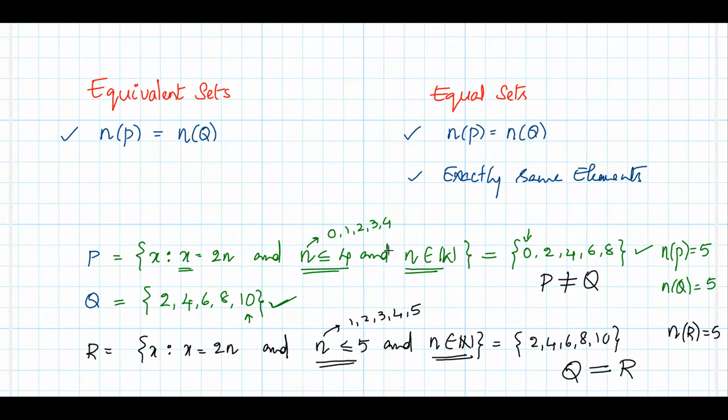All right. So we got the basic idea of equal sets and equivalent sets. Now we'll work on some questions based on these topics. One thing we can understand is that equal sets and equivalent sets are also based on cardinality. Yes or no? So these topics come under cardinal number and types of sets based on cardinal number. All right.